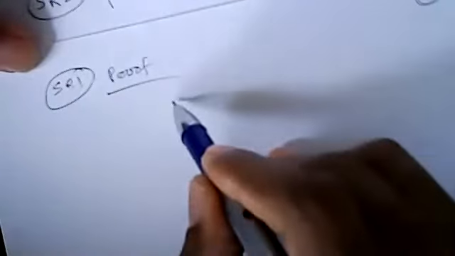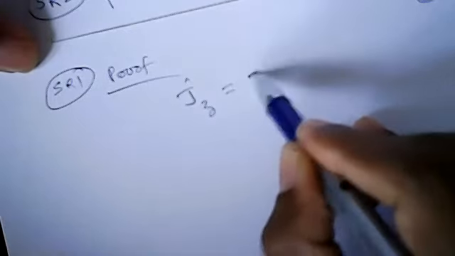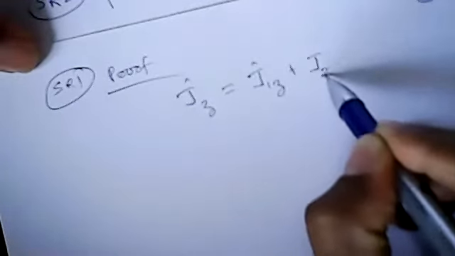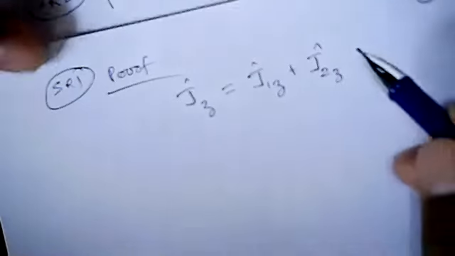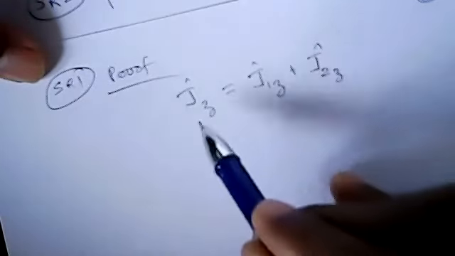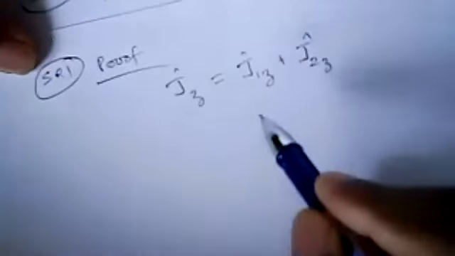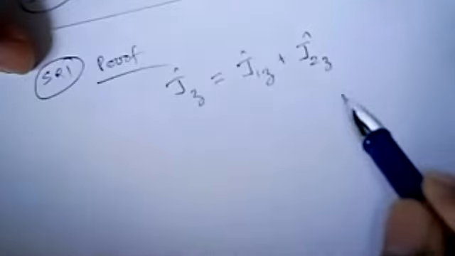So we know the Z component of total angular momentum is the sum of J1Z and J2Z. If you add the Z component of the first and second particles' angular momentum, you get the Z component of the total angular momentum. This we have already written earlier also. Now let these operators act on ket Jm.